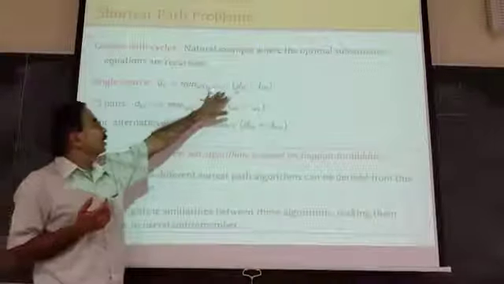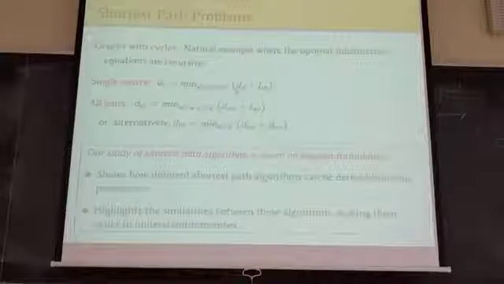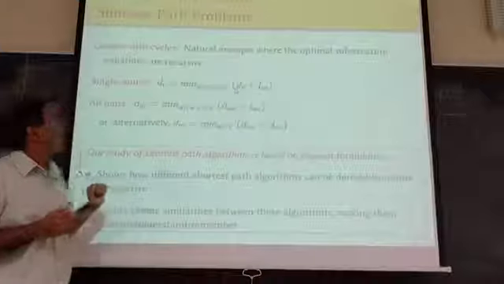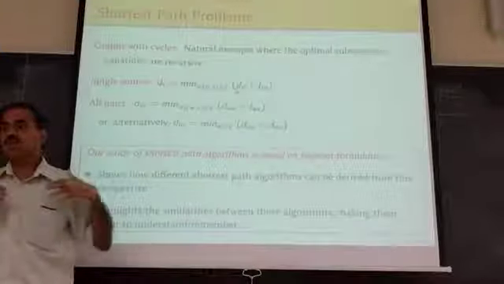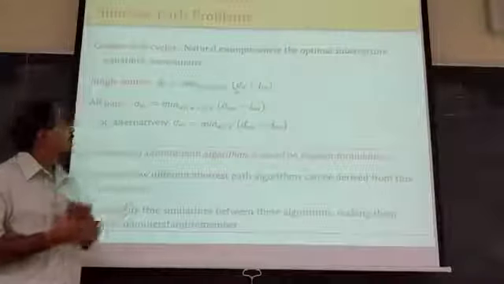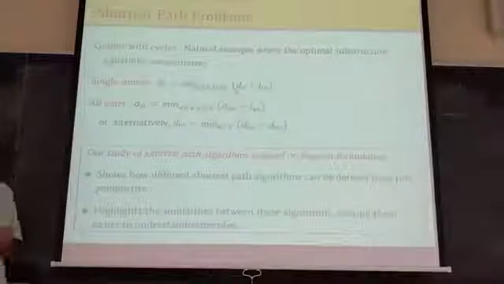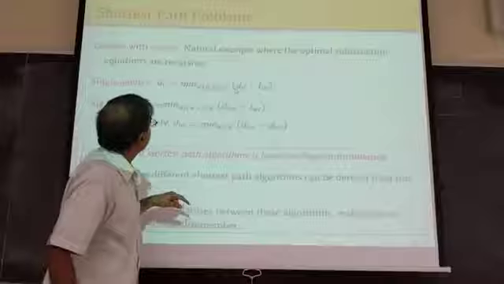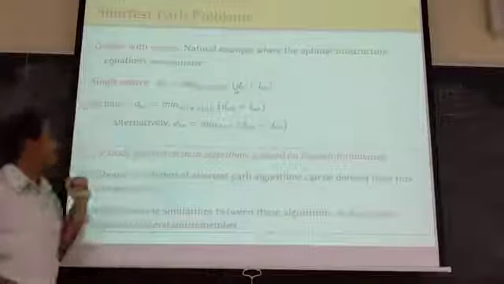So in that sense, this is pretty obvious, right? You can't really have any other equation. So the equation is very obvious in that sense, right? There is physically no way to get to a vertex V without first going to one of its neighbors, right? And notice that the neighbor could itself be S, or in fact, we will allow the neighbor to be itself. So we'll see that in the next